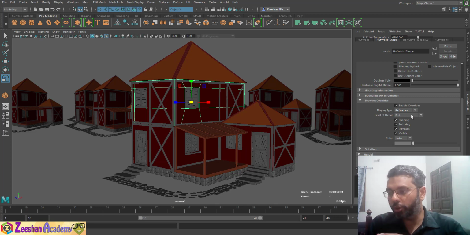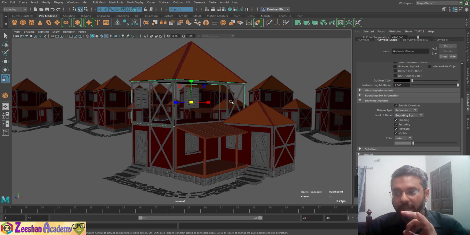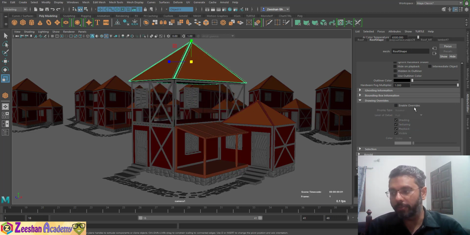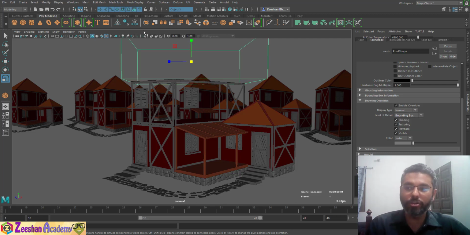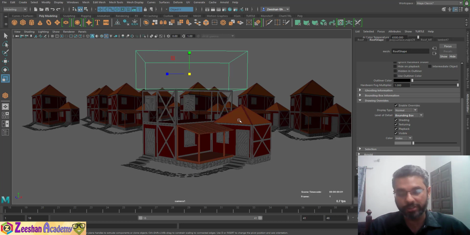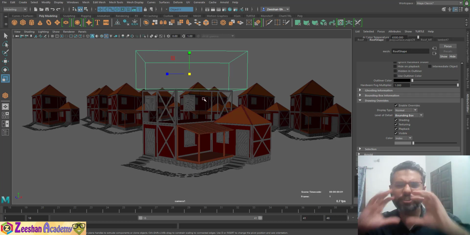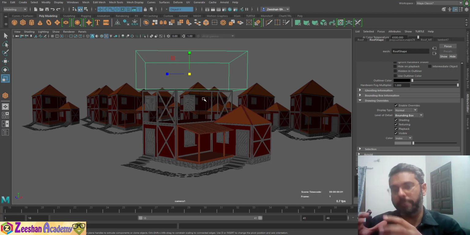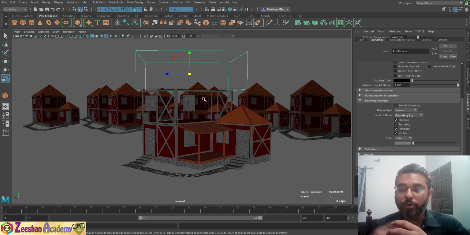The second cool thing that we can control within this is called level of detail. By default, every object gives you a full level of detail, meaning the object is visible with its full potential, full vertices and everything. However, if you click on bounding box, that object is only displayed as a bounding box. So if I select this roof, which has some segments, I can enable overrides, come into the level of detail, and just enable the bounding box. Now you see, for that particular roof, only a bounding box appears. This is just a template showing you where some object would be placed, and this object is now rendered very quickly in your viewport, you can very easily navigate around, and it will not slow down your viewport.